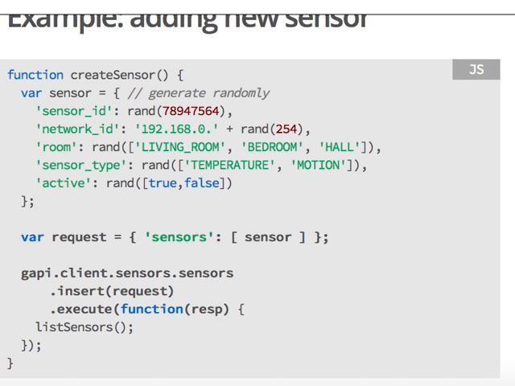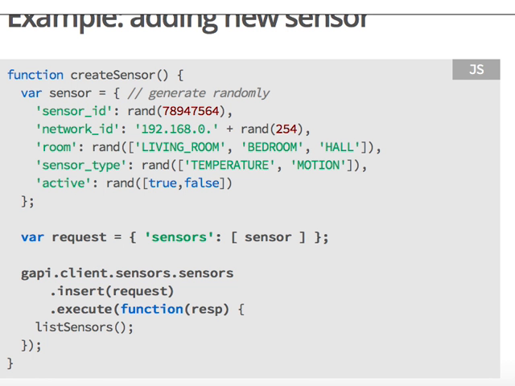Let's take a look at how we will create a sensor. You remember we did it in API Explorer and in CURL. Here we do much the same, except now this is a part of real code, which is an example. So here I choose random values for sensor ID, random values for network ID. I pick a random enum for the room where it's installed, a random enum for type, and so on. So we just create some sensor, and we create a request. In the field called sensors, we specify a list of one element. So we can create, for example, 10 sensors here and specify a list of 10 elements. We can pass all of them in one go.